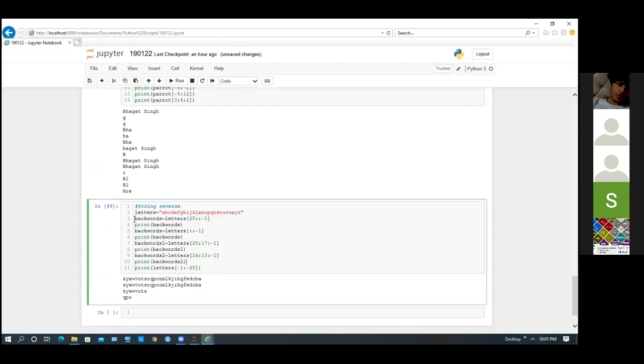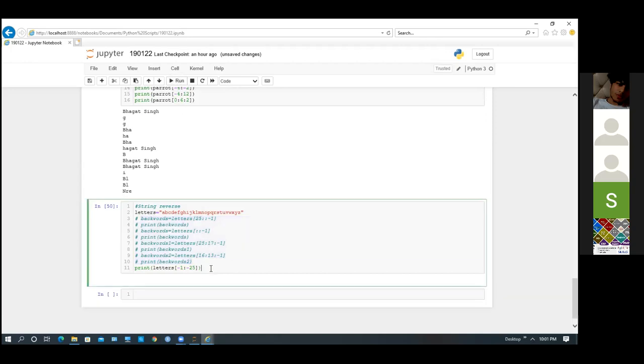I am just commenting on this one. Correct. This is what we need to write. Yes, sir. Print. So this won't be printing anything because see -1 and -25, the direction is wrong, right? Correct.